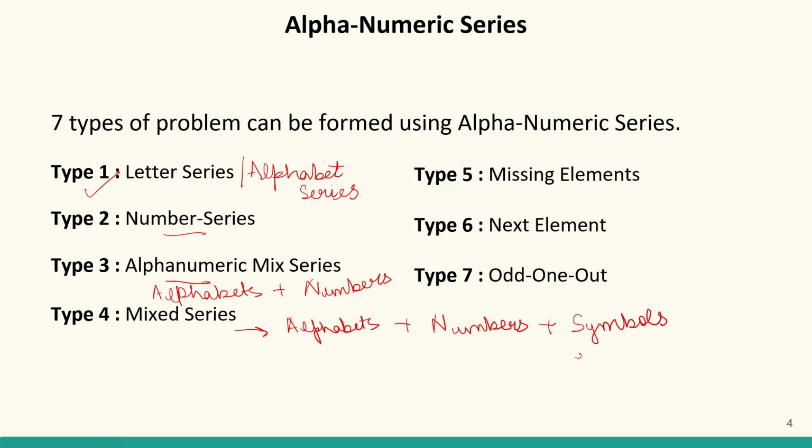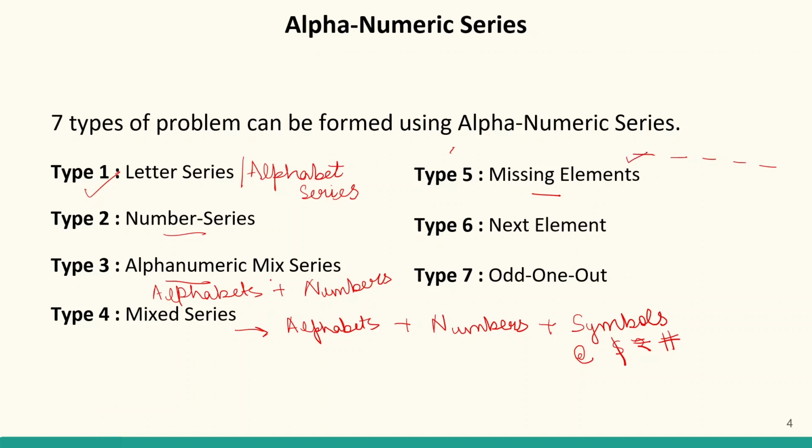So what are symbols? Some examples are the @ sign, dollar sign, rupee sign, hashtag. These are all symbols. When these are also incorporated in the question, we call it mixed series type. Then we have missing elements. So what do we mean by missing elements? Missing elements basically means when we have a series in which, let's say, there are 5 elements,